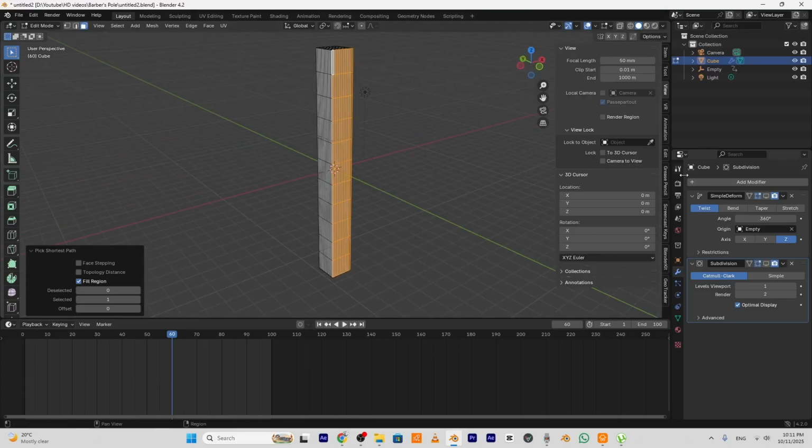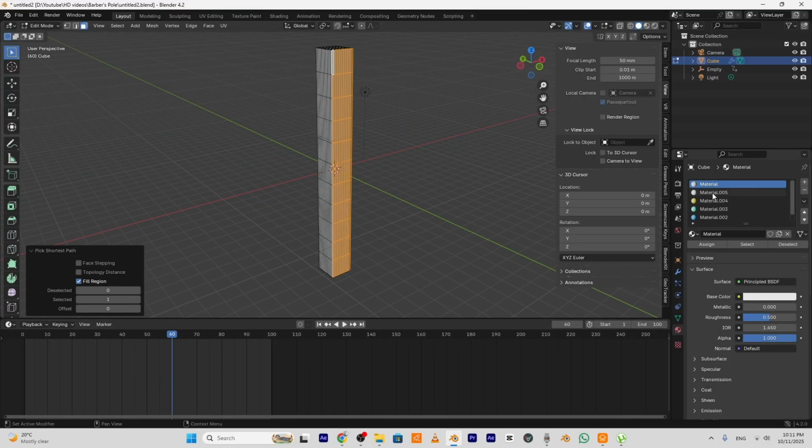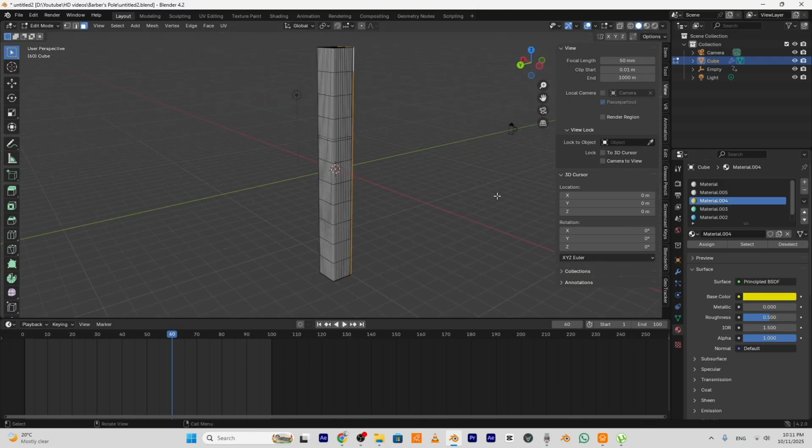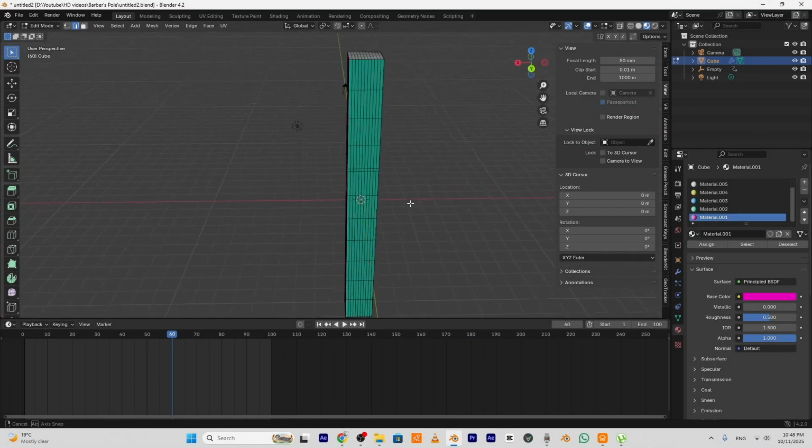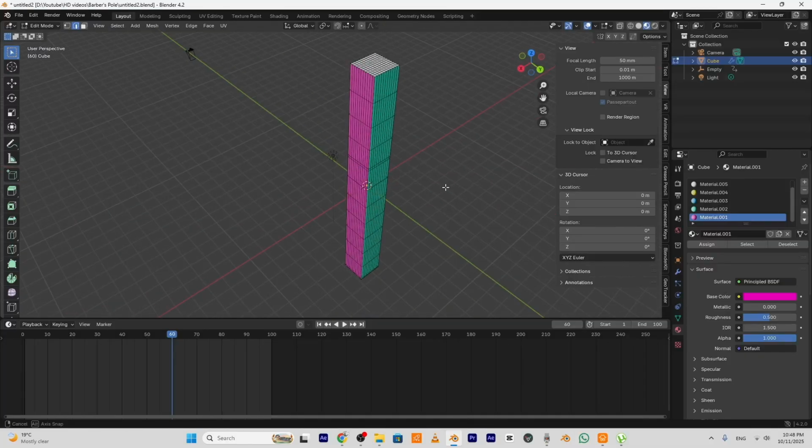Give it the color you want. After finishing adding the main materials, I want to add the light material on the edges here. So first of all, go to edit mode, go to edge selection by pressing 2 or click here,